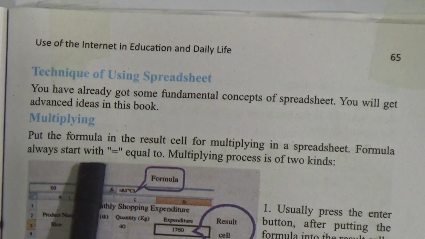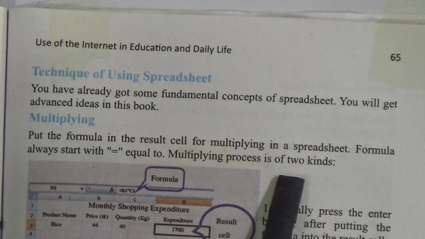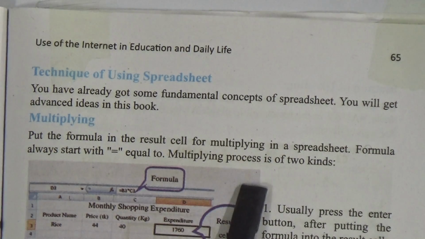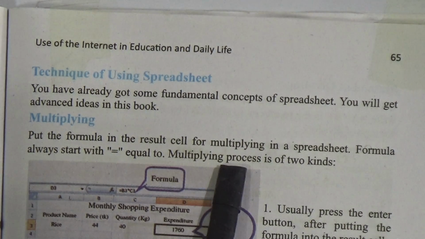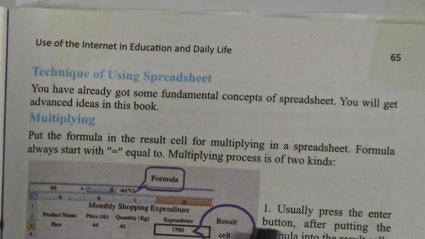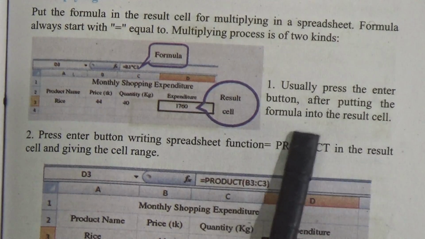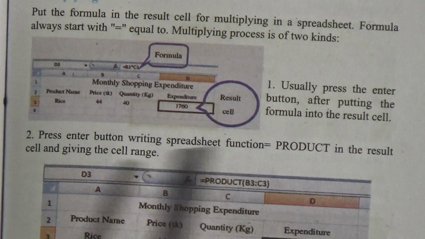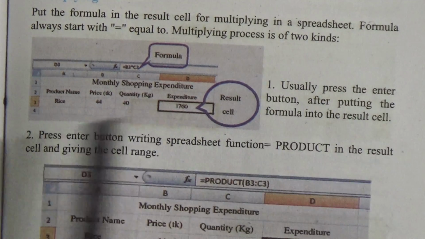Formula always starts with equal to. So here is the sign of equal to. Multiplying process is of two kinds. How many kinds of multiplying process are there? There are two types of multiplying process. So here you can see the formula of multiplying. Number 1, usually press the enter button after putting the formula into the result cell. Number 2, press the enter button after writing the spreadsheet function equal to PRODUCT in the result cell and